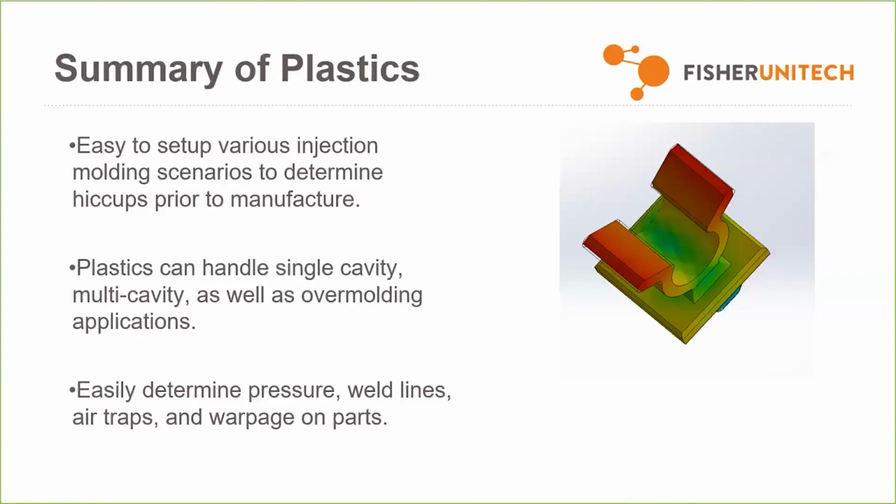It's very capable of handling balanced running, actually setting up that runner system. Obviously, if you already know what your runner sizes are, you can also key those in as well. And it's very easy to determine pressure, weld lines, air traps, and warpage on parts. Obviously, this is the tip of the iceberg of plastics. I didn't jump into inserts or overmolding applications, but there's a lot of other